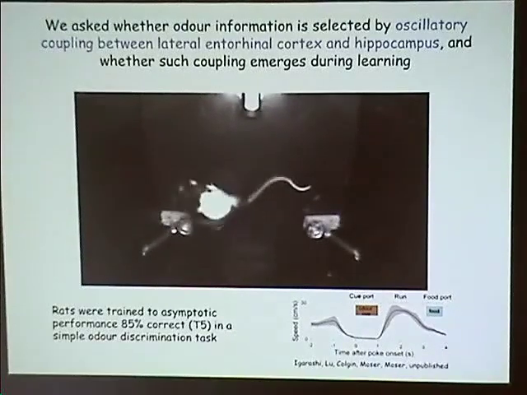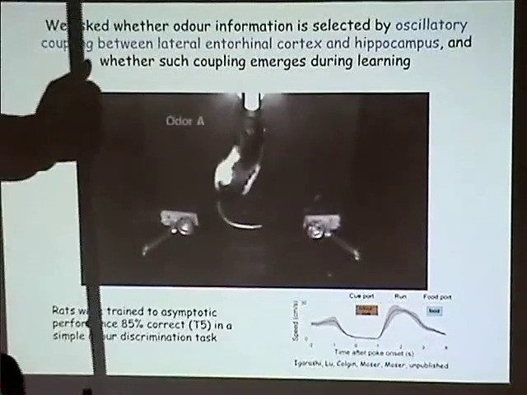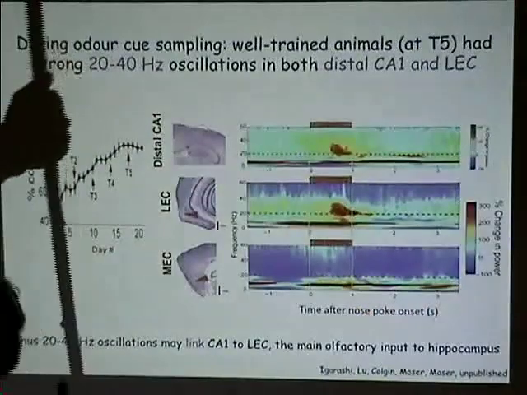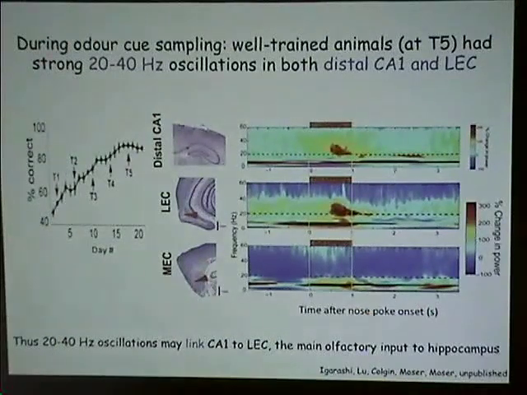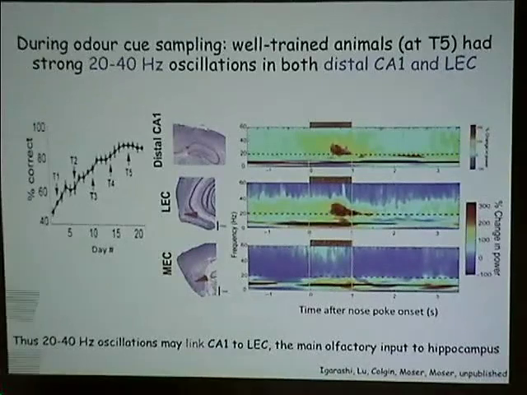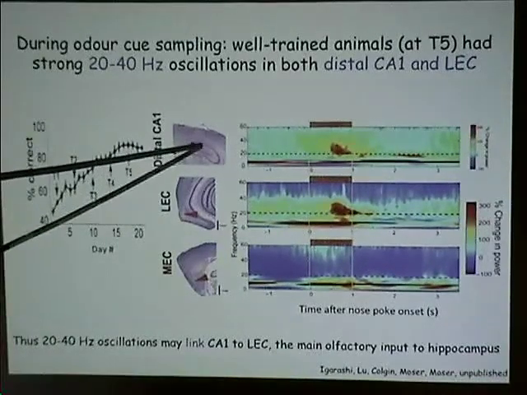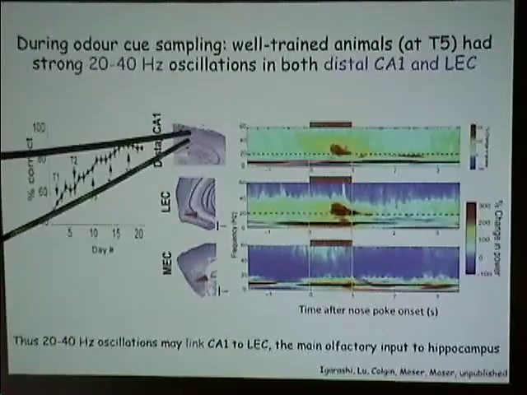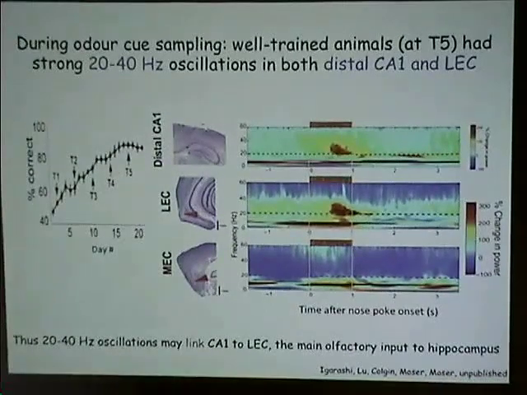Good, but you have the point. Then let's see what happens if you now record simultaneously in CA1 and lateral entorhinal cortex. Recordings were made across the whole transverse range of CA1, including the distal part. And the distal part is the most important, because distal CA1 is the part that receives the direct inputs from